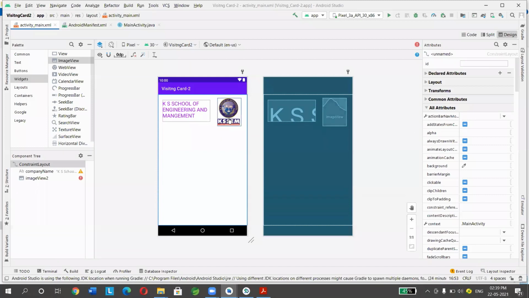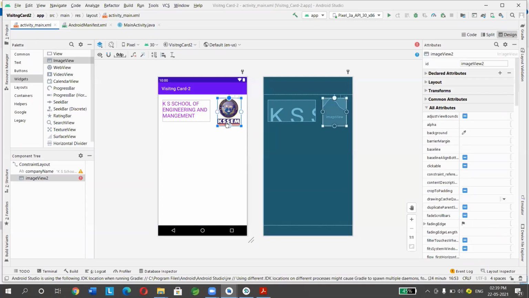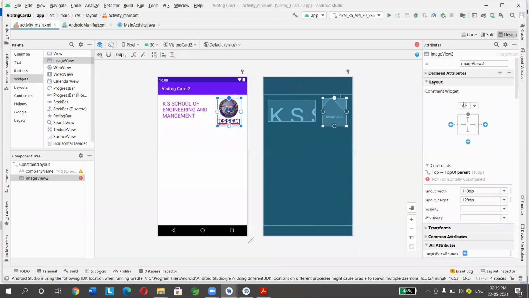Okay, so I'll click here. Go to layout. This one, I set to 25. I'll click on this one, 25, and the bottom I'll fix with reference to this.